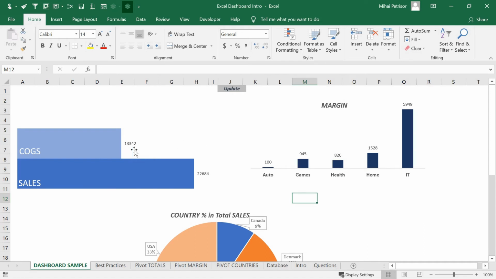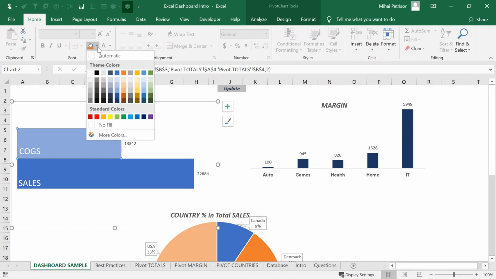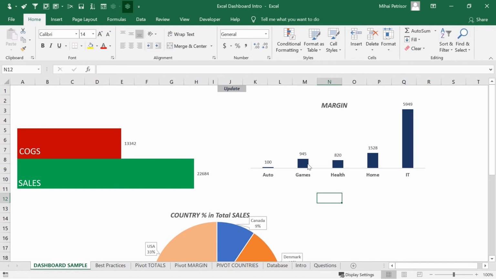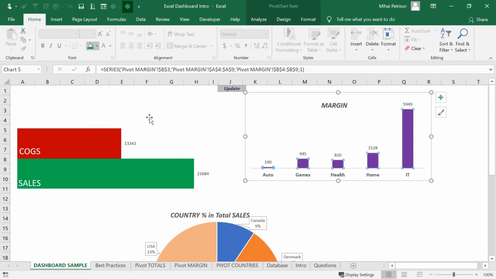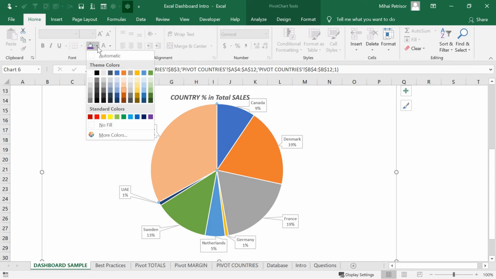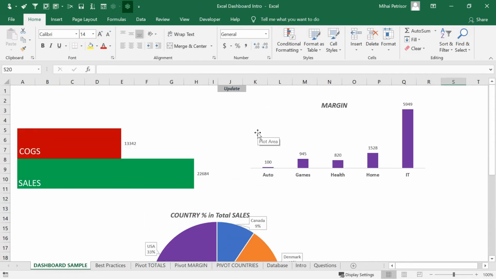For example, let's take our dashboard with COGS and sales area and make it with different colors, just for you to see that when you use many colors, the dashboard can be hard to read or can give you, let's say, difficulties in terms of focus on a different region or specific data.